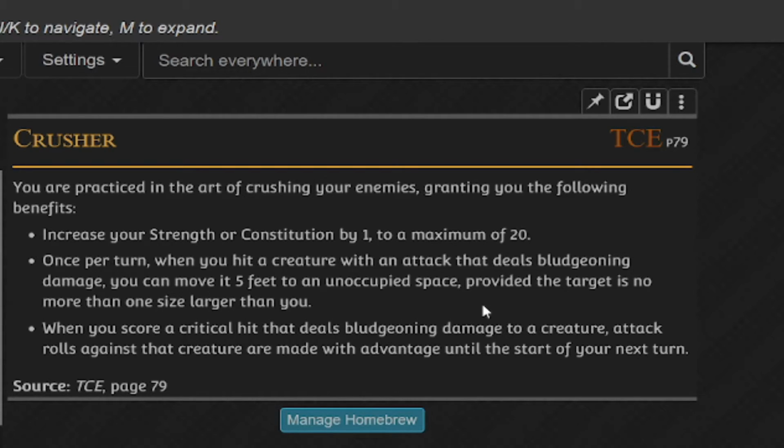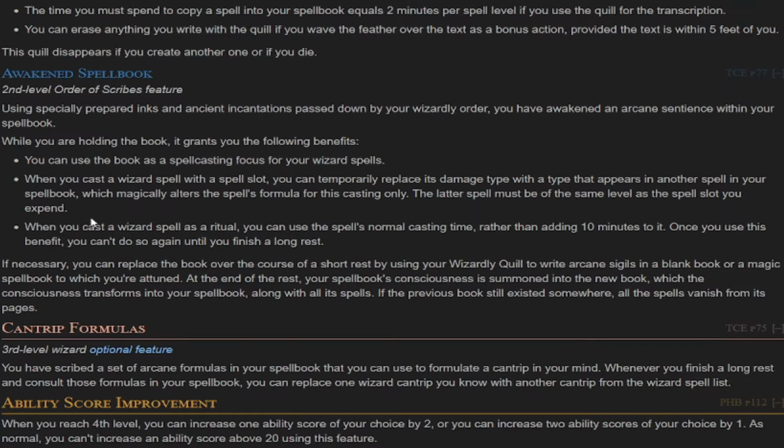This means we can force move people around when we bop them with a giant rock, which makes sense for Sigma. But we're not going to be doing much bludgeoning damage as a wizard, right? Well, that's why we're going Scribes Wizard, which allows you, when you cast a wizard spell of a spell slot, to temporarily replace its damage type with a type that appears in another spell in your spellbook, which magically alters the spell's formula for this casting only. The latter must be a spell of the same level as the spell slot you expend,